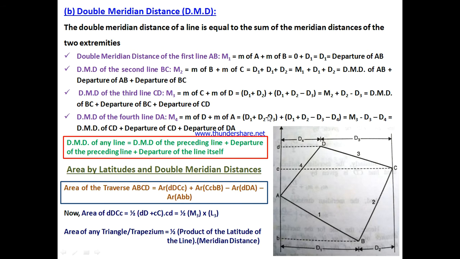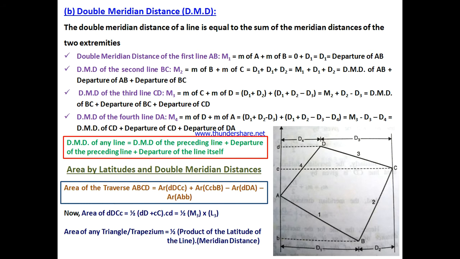So in this manner we will calculate from the meridian distance of the two extremities, the value of double meridian distance. So what formula are we getting as a common term in this particular case? If I need to determine the double meridian distance of any particular line, then it will